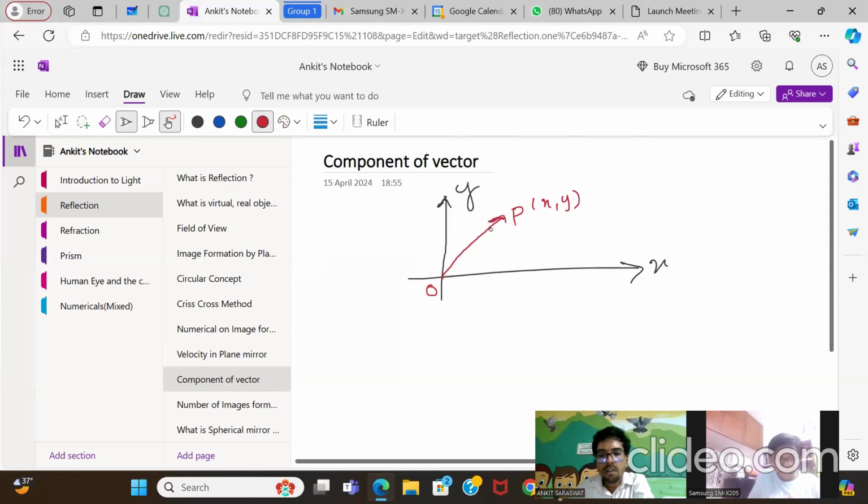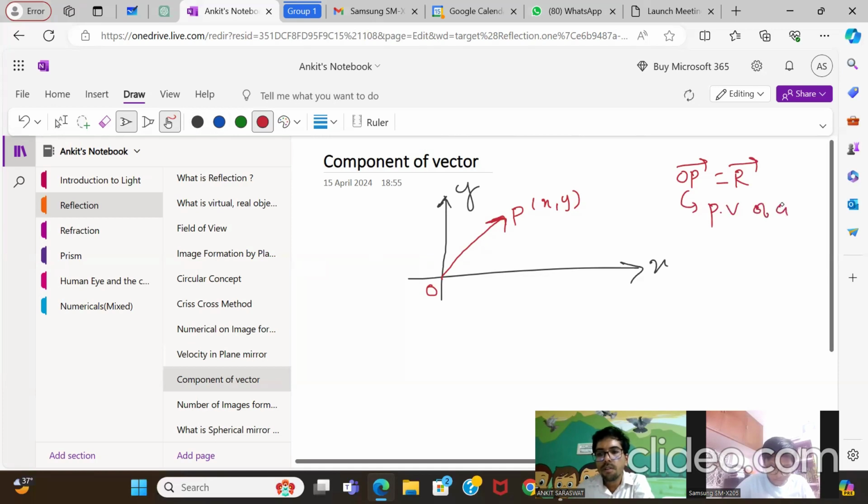It is denoted by OP vector, which is equal to R vector. So OP is the position vector